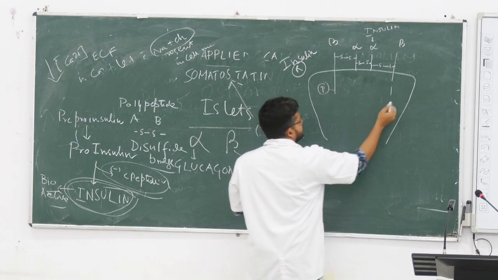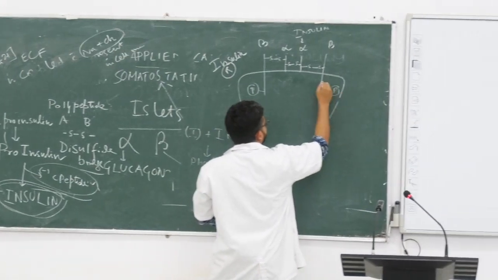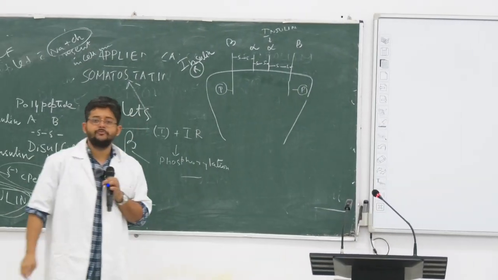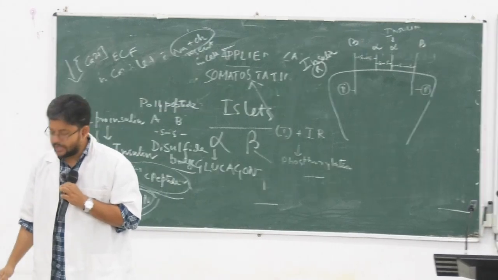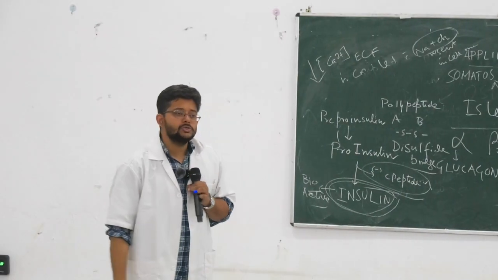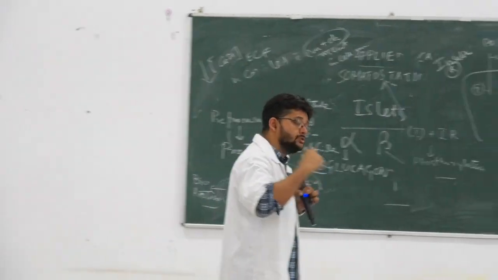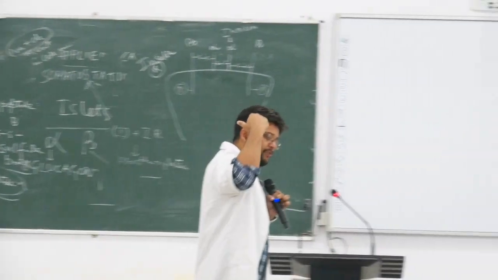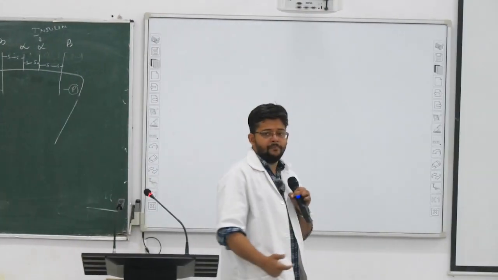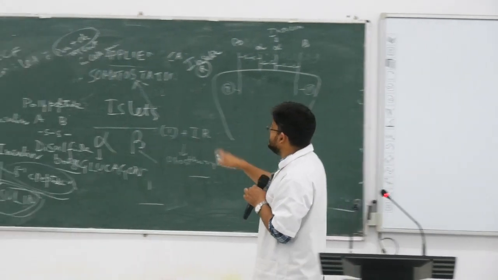Beta subunit, phosphorylation of the intracellular part of the beta subunit, which leads to activation of a number of further phosphorylating enzymes, and ultimately the beta